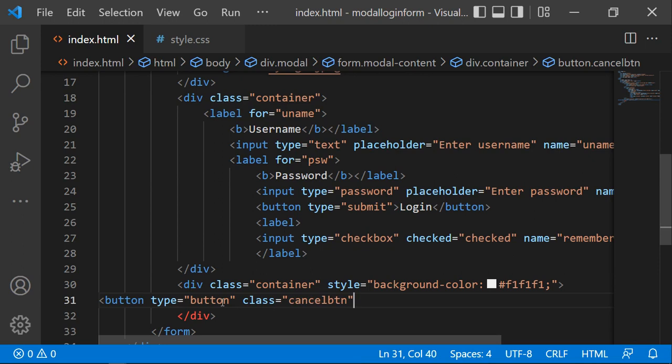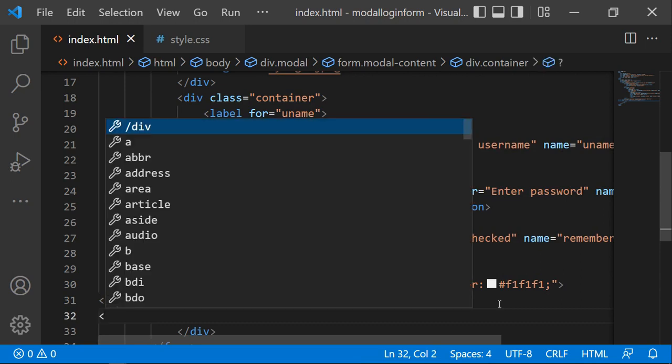Then we'll also need to insert the text, cancel. We have now created the next part, and the last part is now to create the